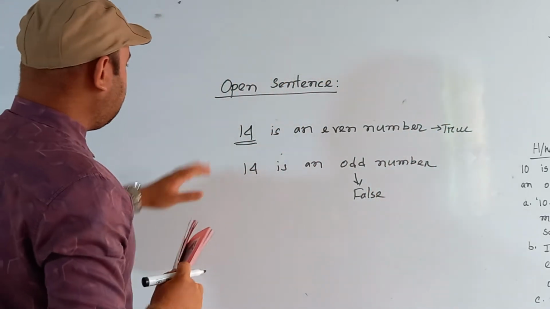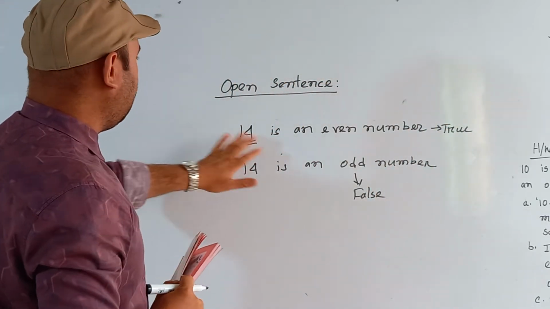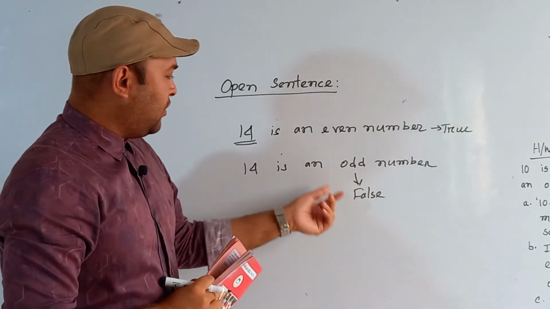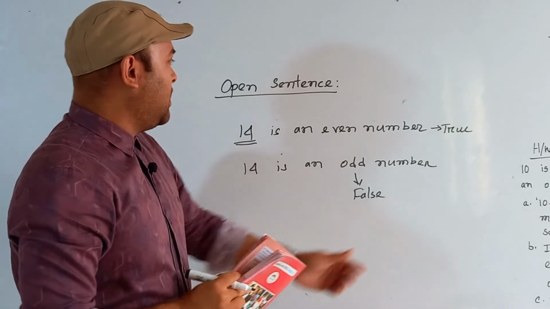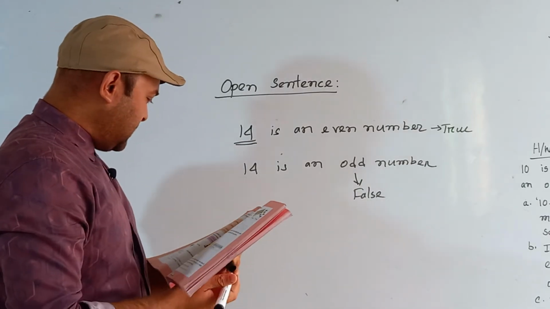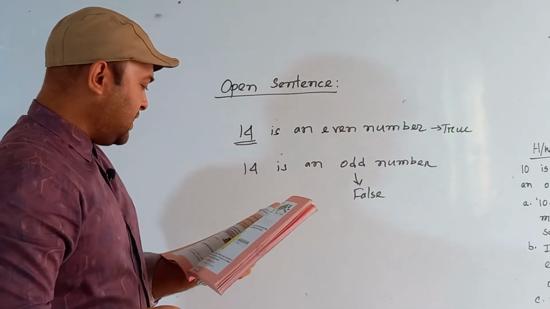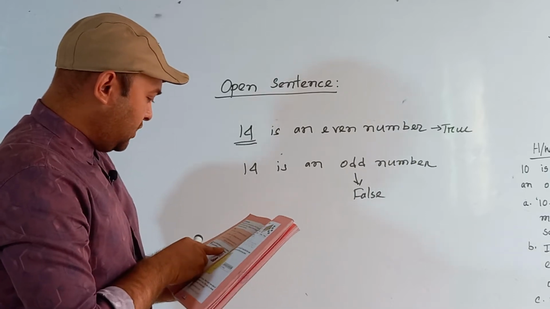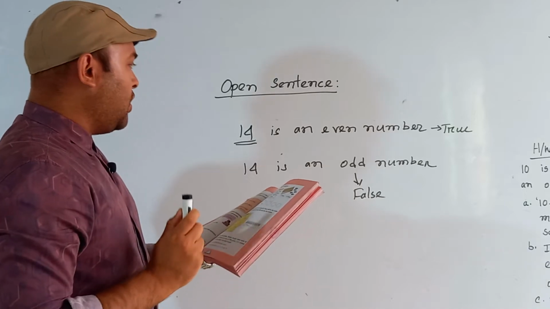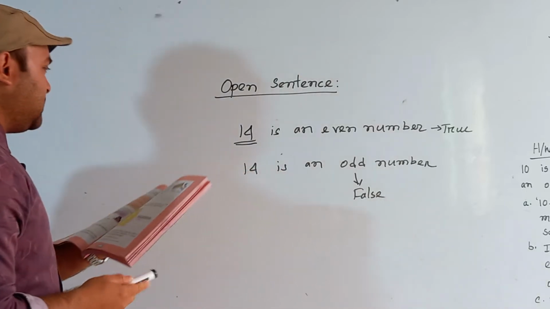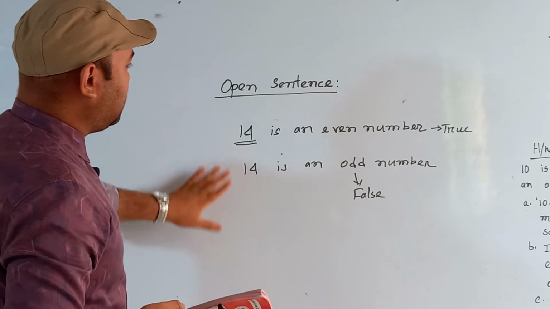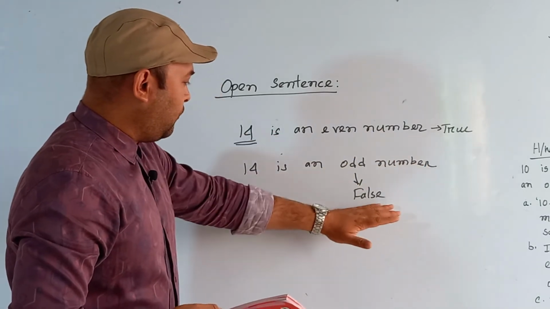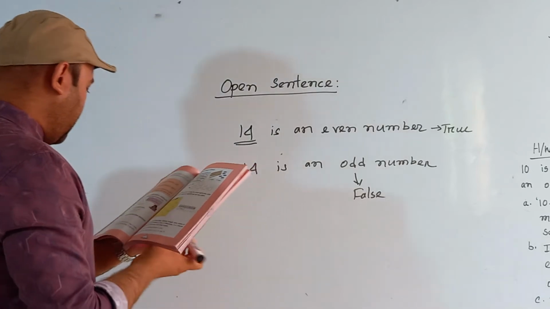So from this we can say 14 is an even number, this is true, and 14 is an odd number, this is false. So in the definition of open sentence, here is given that a sentence is called open when we do not know whether it is true or false. But in these sentences we have justified this is true or this is false. But if I write here